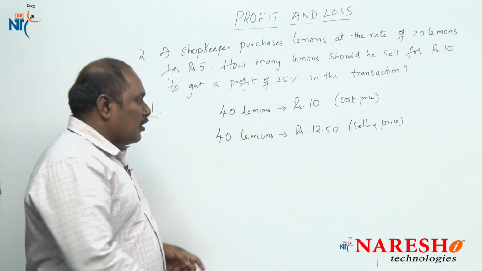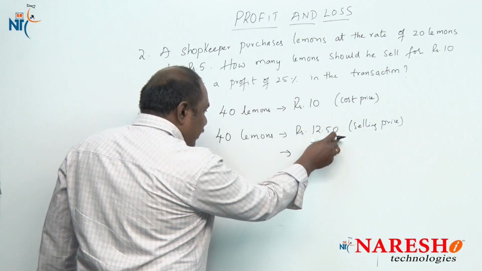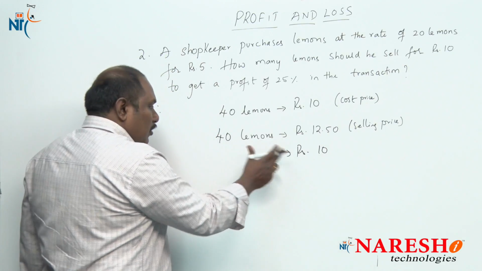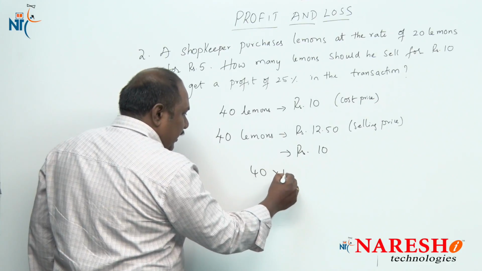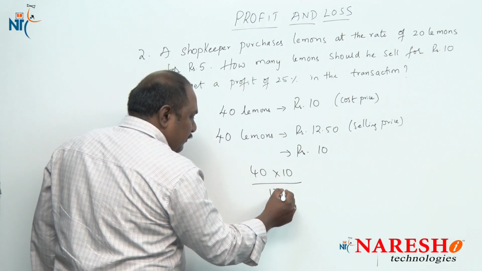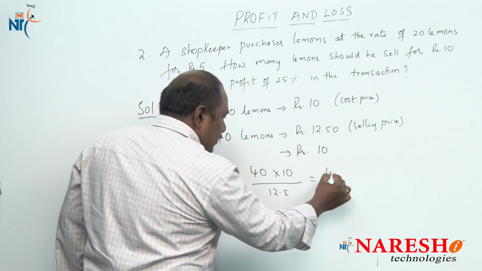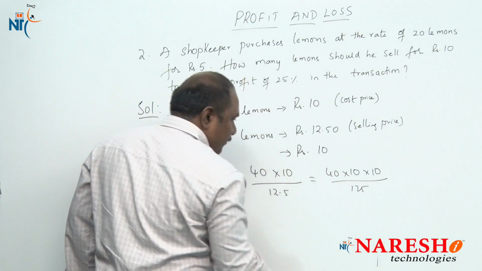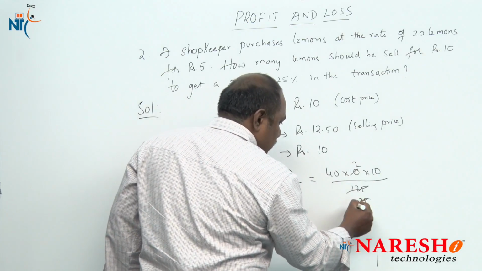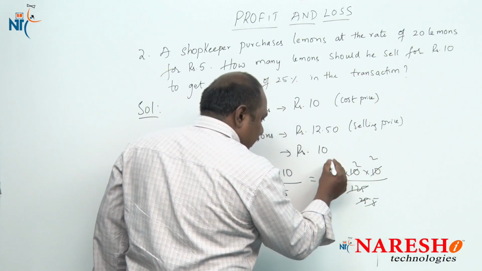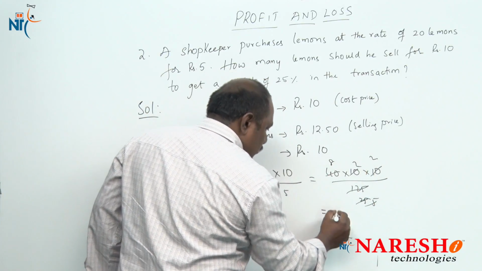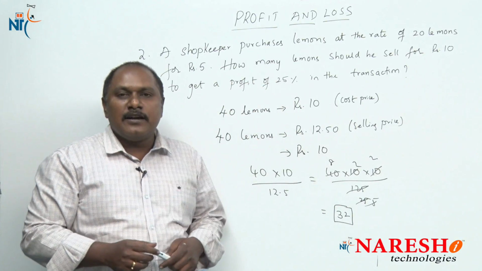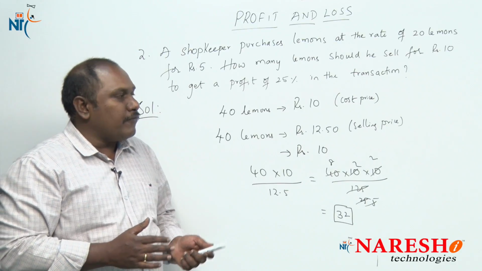in the transaction. Now the question is very simple. For 12 rupees 50 paisa, if he sells 40 lemons, for 10 rupees, how many lemons should he sell? Cross multiply 40 into 10 by 12 rupees 50 paisa. Now simplifying this, 40 into 10 into 10 by 125, 5 25s, 5 2s, 5 5s, 5 2s, 5 8s, 8 into 2 into 2, it is 32. So for 10 rupees, the shopkeeper has to sell 32 lemons in order to get a profit of 25% in